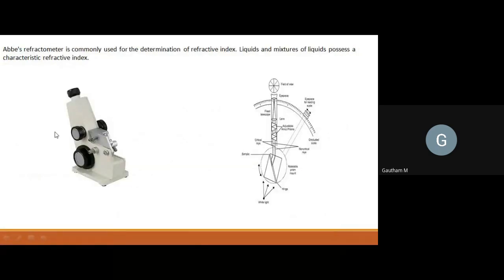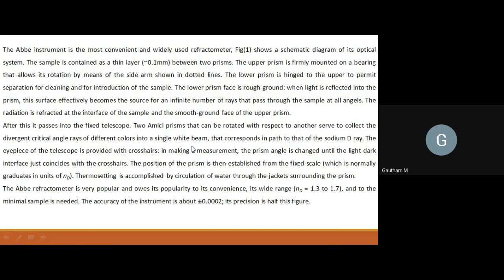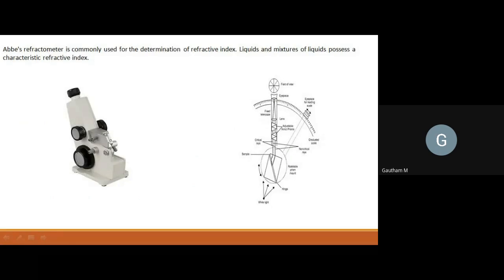This is the machine which is used for finding out the refractive index. I'll show it to you in the class. The machine used for finding out the refractive index is known as an Abbe refractometer. Usually an Abbe refractometer, I hope you remember the video, has two prisms, and there is a sample holder. If you put a drop of the sample and just cover it, it becomes a thin film.